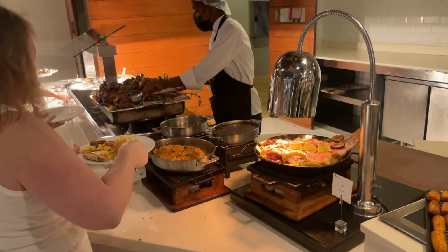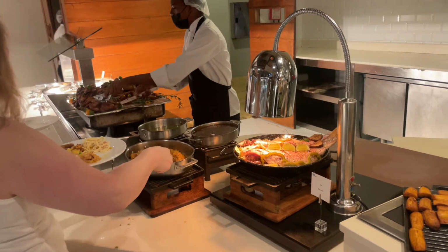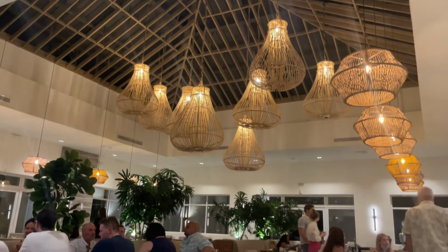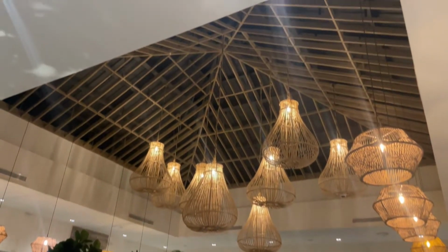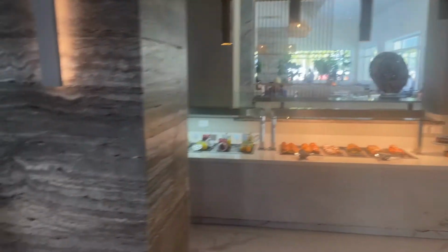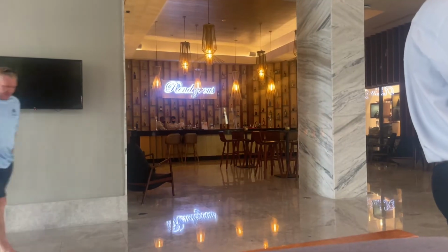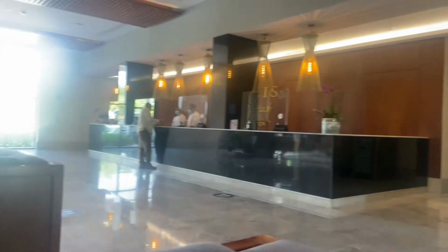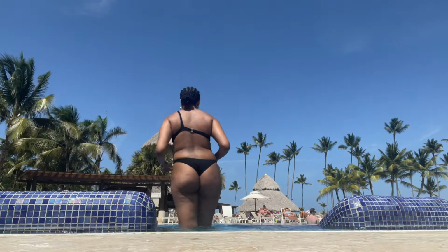At night, you also have the option of eating at the buffet area. The food was decent here. It really just depends on your taste. They have a lot of options. Especially at breakfast too, you can get crepes and fruit and stuff. This is the lobby area again. They have 2 bars, one in the lobby and one in the